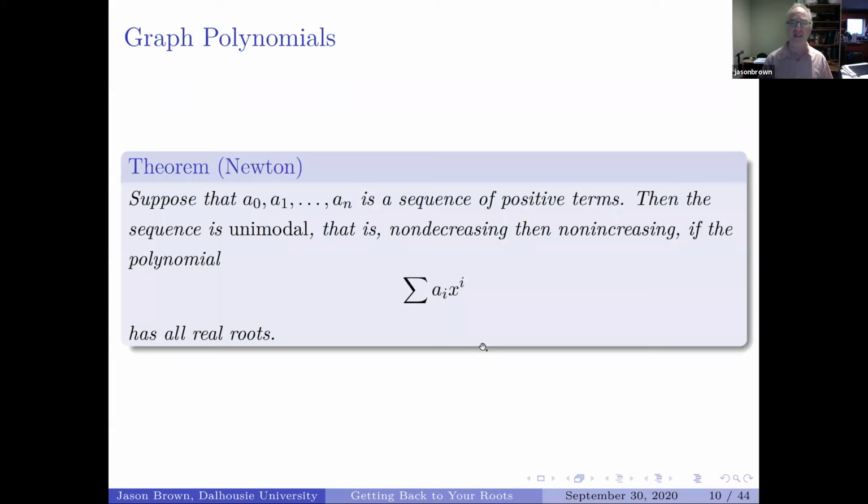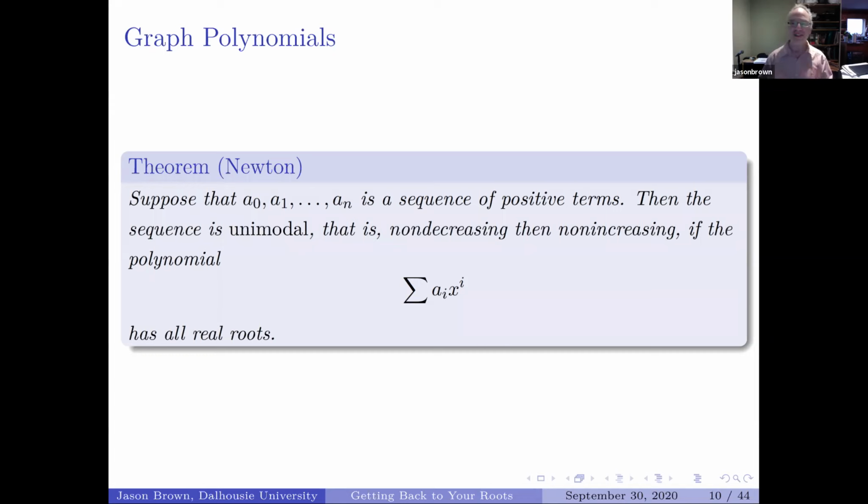Suppose that you have a sequence of positive terms, a0, a1, up to an. Now, we say that the sequence is unimodal, that is, it's non-decreasing and then non-increasing. So it's going up and then coming back down. And that's something that combinatorialists love to investigate for sequences, because counting sequences often have this property. Then it is unimodal if the generating polynomial, the sum of a_i x^i, has all